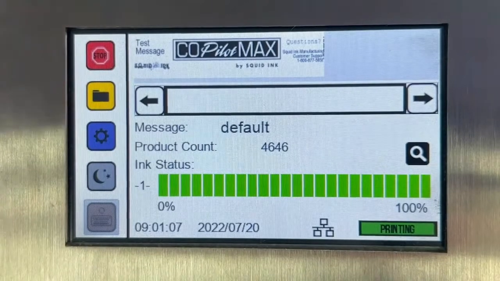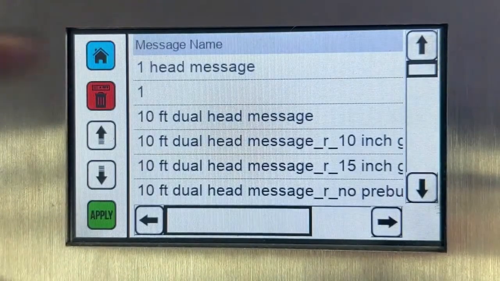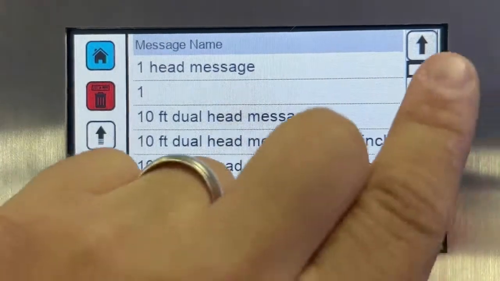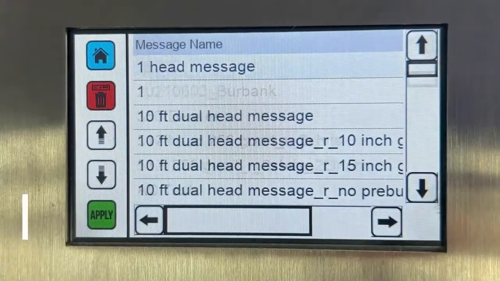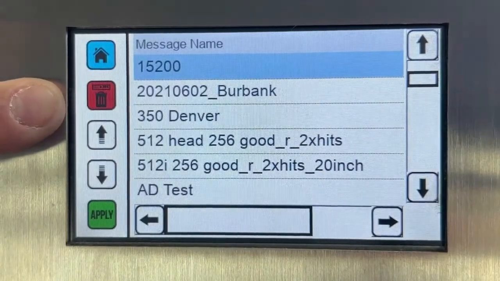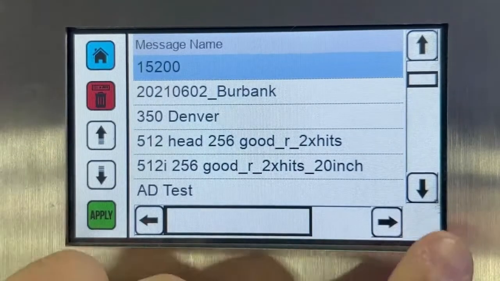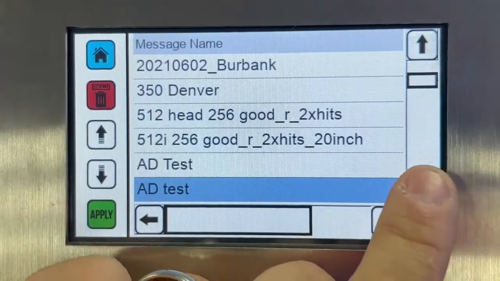Let's go ahead and go down to the message screen. Here, we can go ahead and navigate using the scroll on the right-hand side. We also have the option to delete any messages that we may not want on the controller. For example,